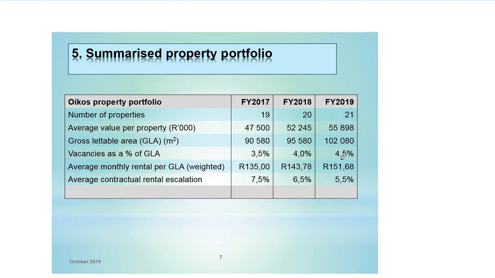It even goes up further in 2019. And what do we see in 2019? It's now 4.5%. And when you see 4.5%, you're like, oh my God, that is even worse, because it was better before. Now it's 4.5%, another 0.5% less than what we would be earning in the previous year in terms of rental income. When you move down, you can now link why the escalation is going down: they want to ensure this number does not increase even further. So to ensure this number doesn't increase even further, the escalation might need to go down.